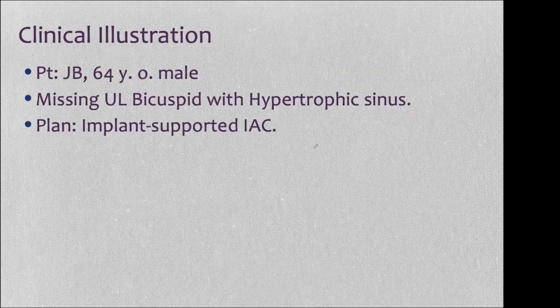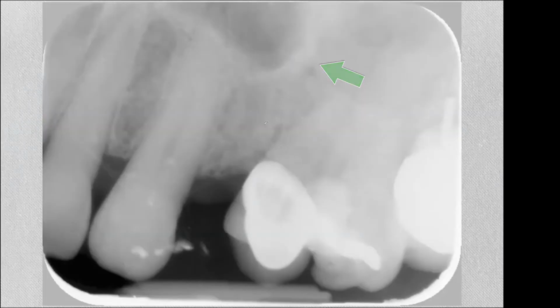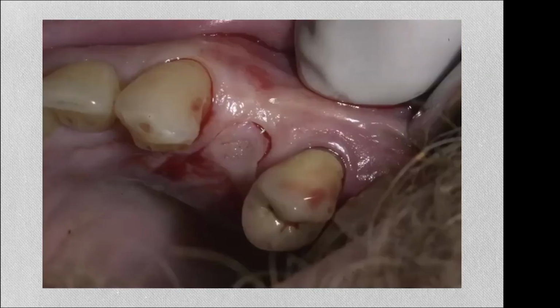Another example, and I chose this case because it illustrates very well how we deal with the presence of septa. This patient has a septum right in the middle of the space. It's evident on the periapical as well. This was a recent extraction. So we open a very conservative flap. It has a high lip line, even camouflaged with the beard. You can still see the necks of the teeth. So we did not disturb the papillae or the gingival margins of the adjacent teeth, just all within the socket,